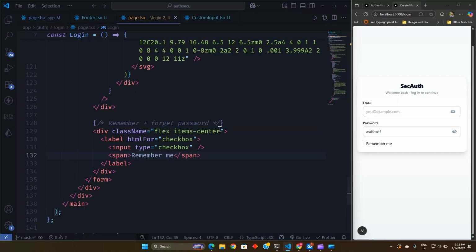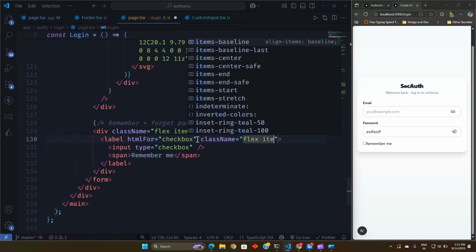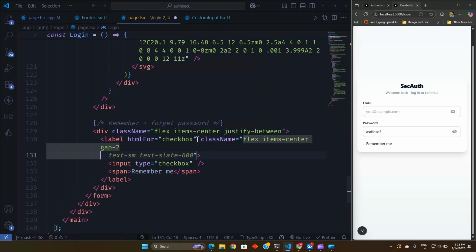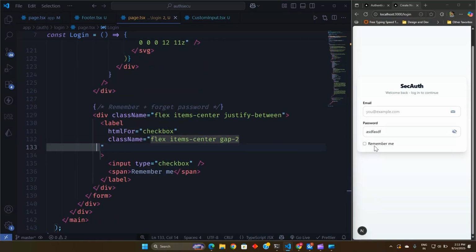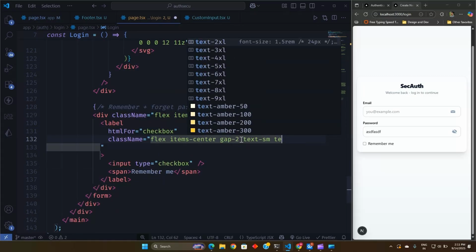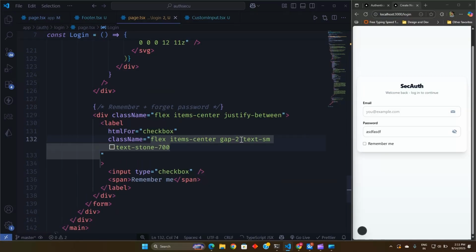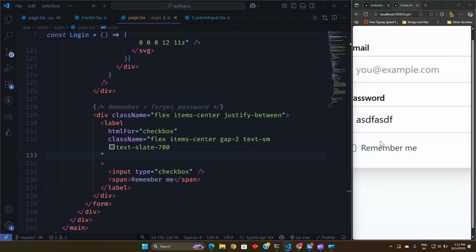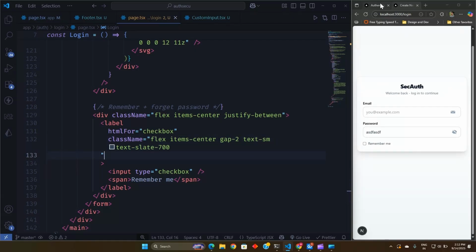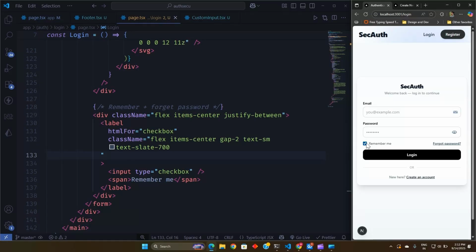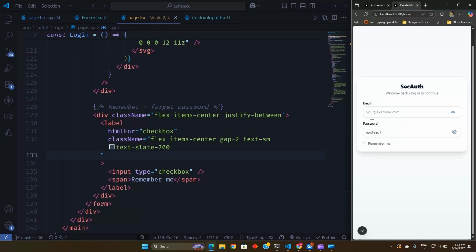And now let's add style to it, like display flex, items center and justify between. And after this, for this label, let's add class name, and that is flex items center, and gap in between is 2, so that there will be a gap in between this checkbox and remember me. And after this, we make the text size small, and text color is slate 700, and save it. So now you can see our remember and checkbox is ready. And let's go back here, and here when we click on that, you can see the check is done,